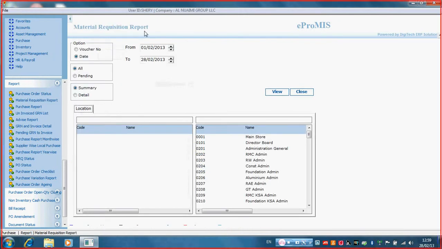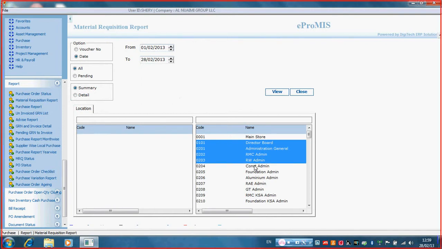And the material requisition report is here. Also we can define the timing, the duration here, and to which address we have ordered the MR and what is the status. It can be viewed here.